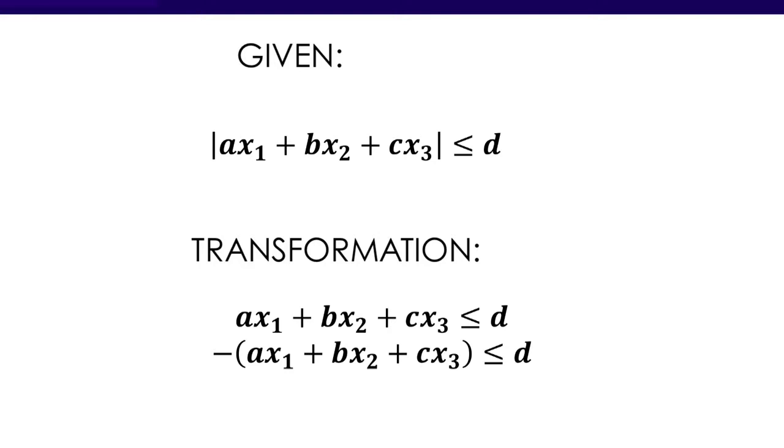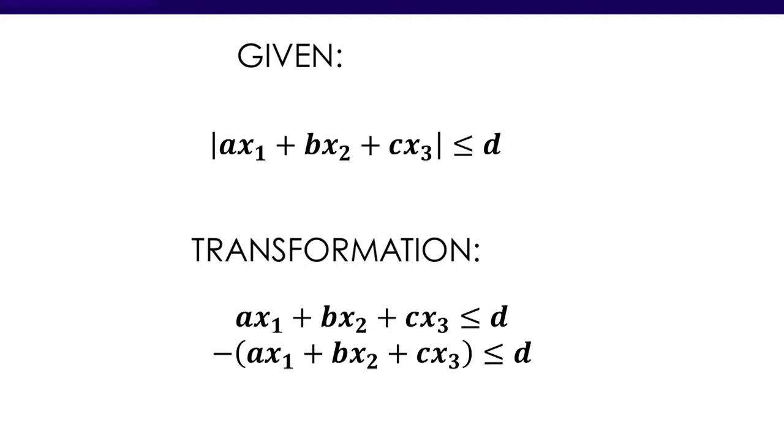The transformation is simple. We simply denote that ax1 plus bx2 plus cx3 is less than or equal to d, and add another constraint negating the whole equation, negative ax1 plus bx2 plus cx3 is less than or equal to d, and